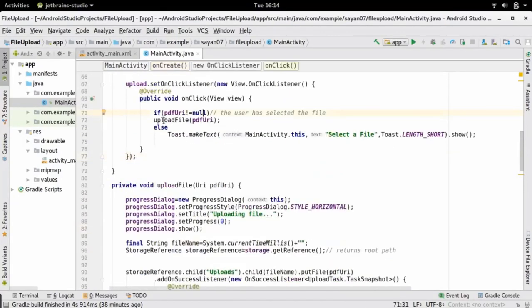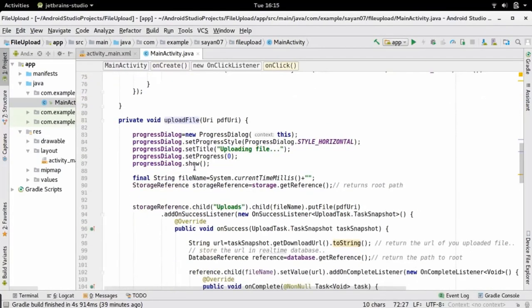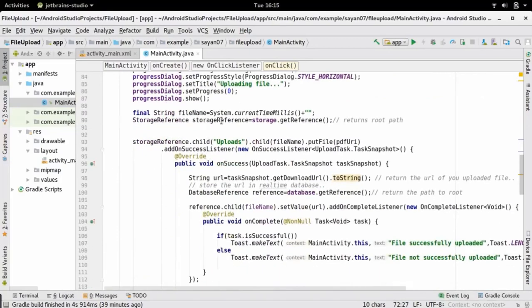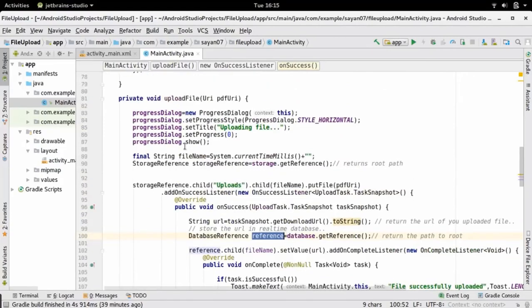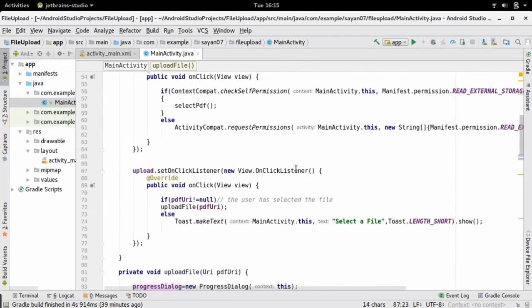If our PDF URI is not null, we are going to upload the file. Within this upload file, we are going to create two references, a storage reference and a real-time database reference, and write the necessary methods to upload the file and track the progress in our progress dialog. I hope it is clear.